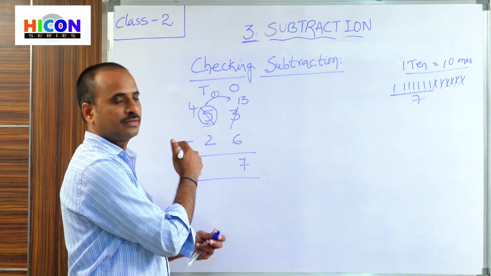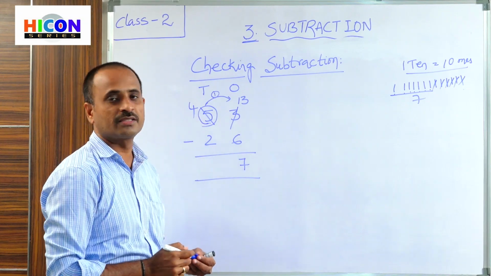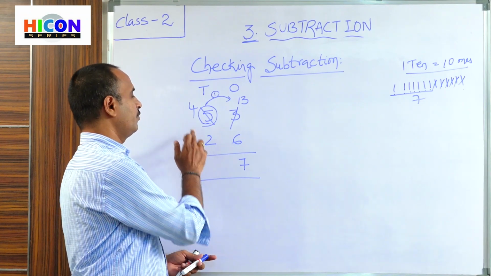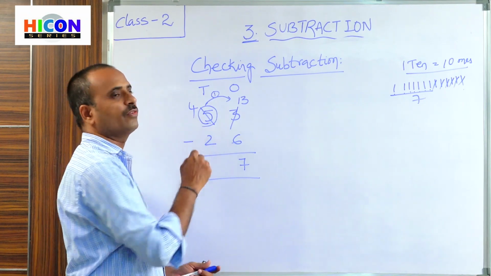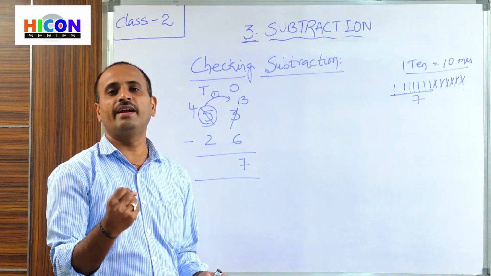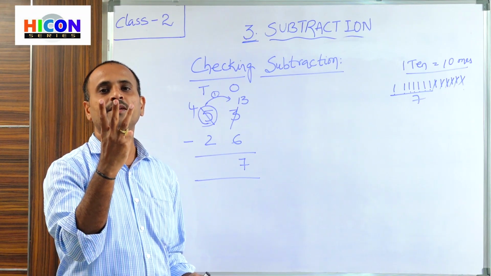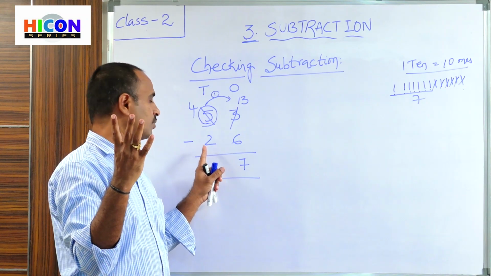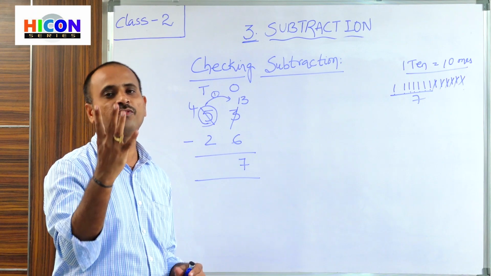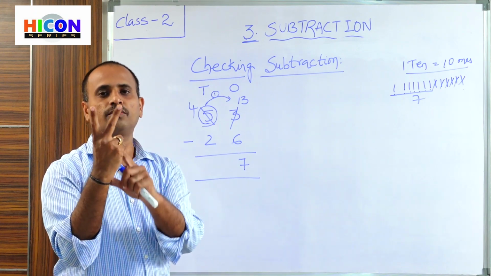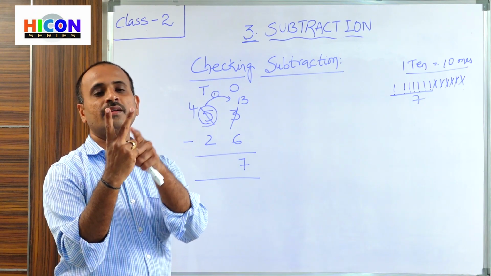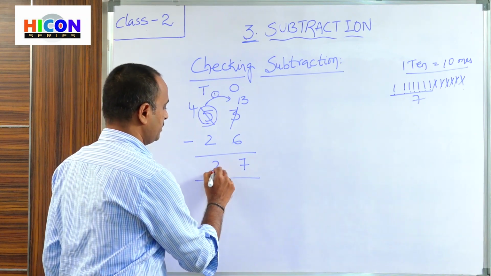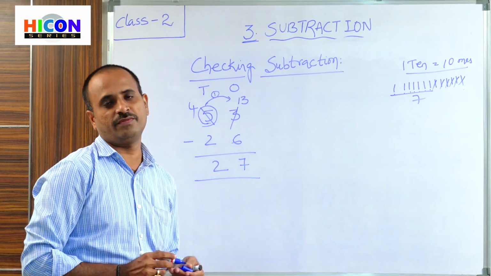Now, go to tens place. What are the digits present in the tens place? 4 and 2 are present in the tens place. So, subtract 2 from 4. What is the first number? 4. Open 4 fingers of your hand. 1, 2, 3, 4. Now close the second number. What is the second number? 2. So close 2 fingers in these 4 fingers. Children, how many fingers are here? 2 fingers are left. So write 2 under tens place. So the answer is 27.